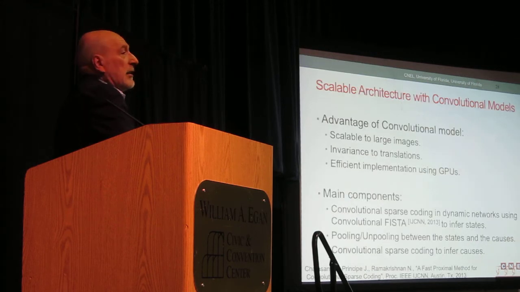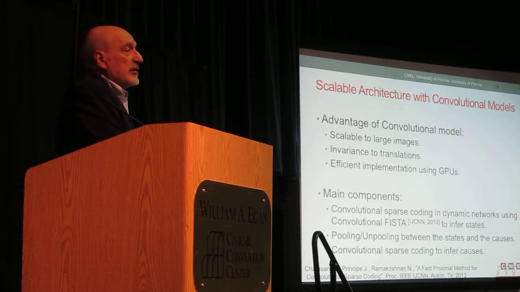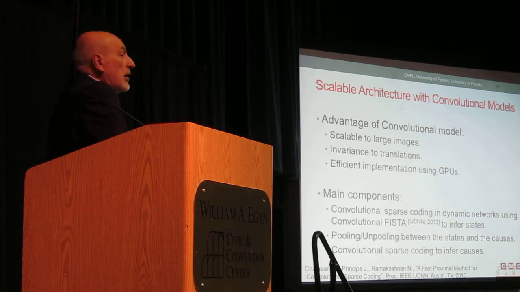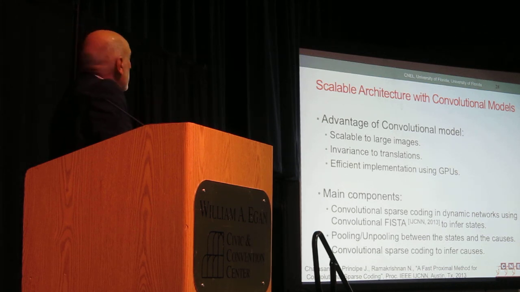All right, this model works very well for small images, but does not scale up well for large images. So how can we do that? We know in machine learning very well how we go from pixels to larger images. We use convolution networks, right? And that's exactly the method that we utilize. We changed the